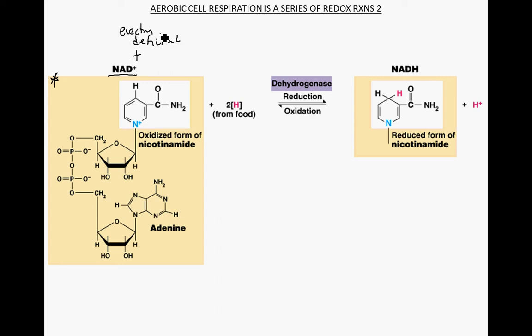Electron deficient, it doesn't have, it's missing electrons. So we can give electrons to this NAD+, and if we give electrons to this NAD+, in biology and organic systems, when we give electrons, we actually do it in the form of giving it a hydrogen, right? So if we take NAD+ and add hydrogens to it, we are reducing. So if I'm going this way, we say that NAD+ is reduced